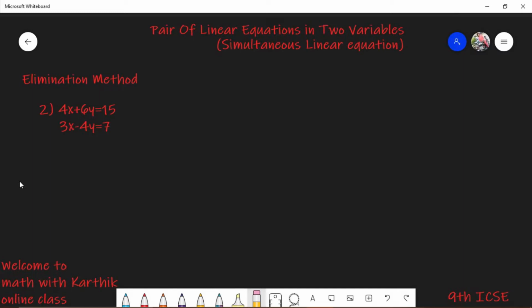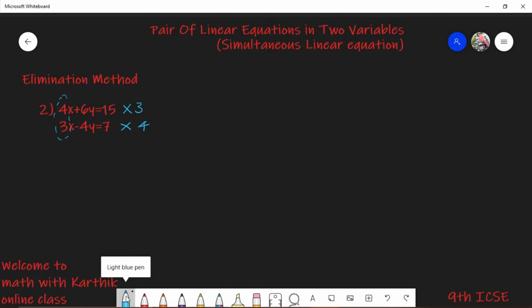So first step I told you in elimination method, you have to make the coefficients of x or y equal. First you need to find out the pair. 4 3 is better or 6 4 is better. Like when you see both the numbers, I see that 4 3 is better. Means you need to multiply this equation with 3 and you need to multiply this equation with 4. Now 4 3s are 12, 3 4s are 12.